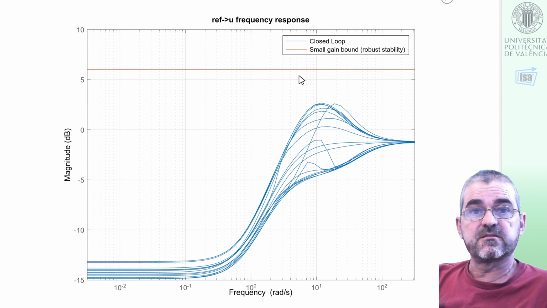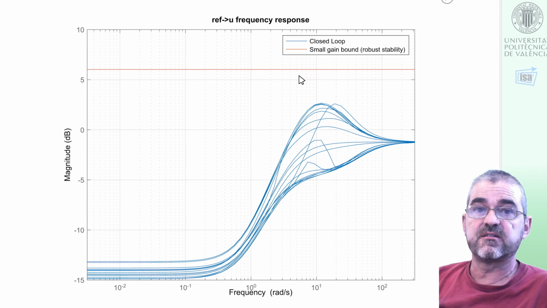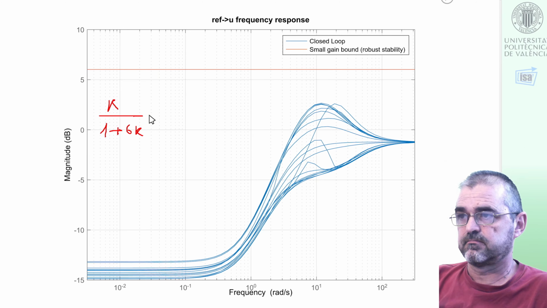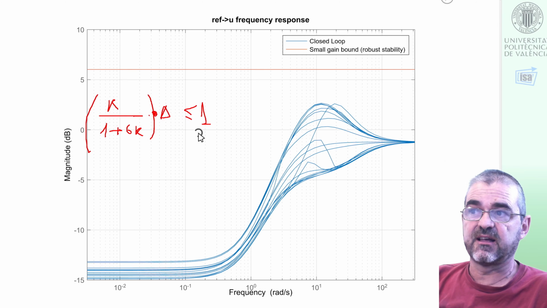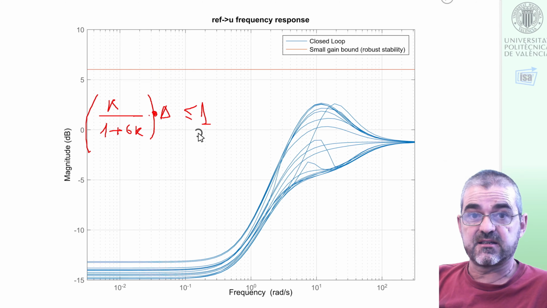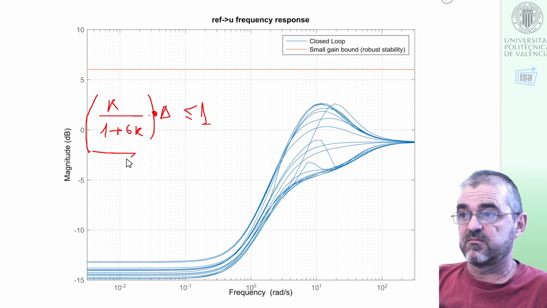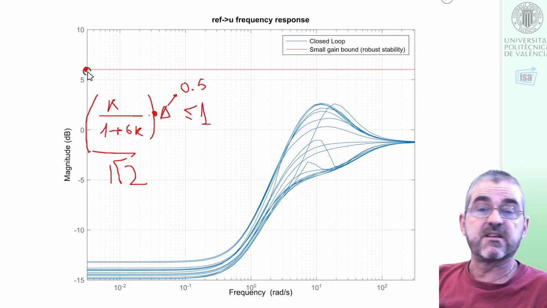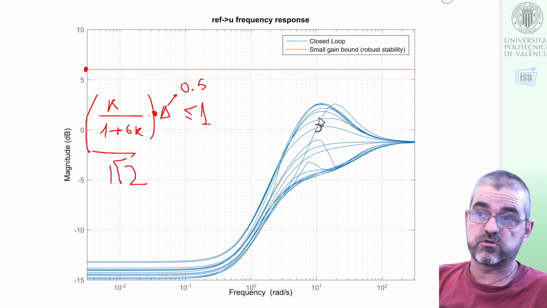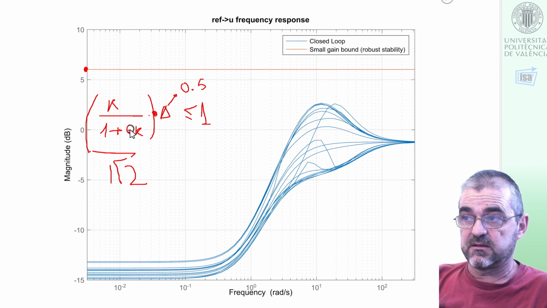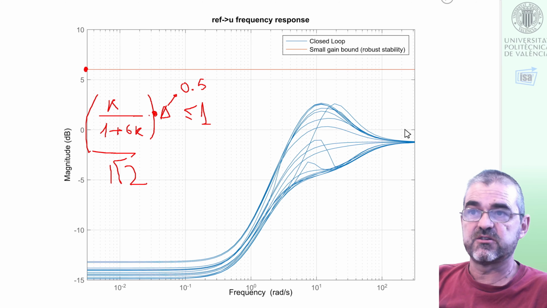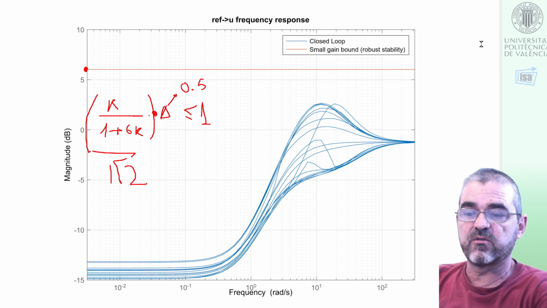As I had an additive uncertainty of size 0.5, then robust stability small gain bounds will tell me that the transfer function from set point to control action times delta must be less than 1, so if delta is less than 0.5, then this thing must be below 2, 6 dBs in logarithmic scale, and of course this thing must be checked for the nominal g. Okay, this must be the nominal g, so if we plot this curve for the nominal case,